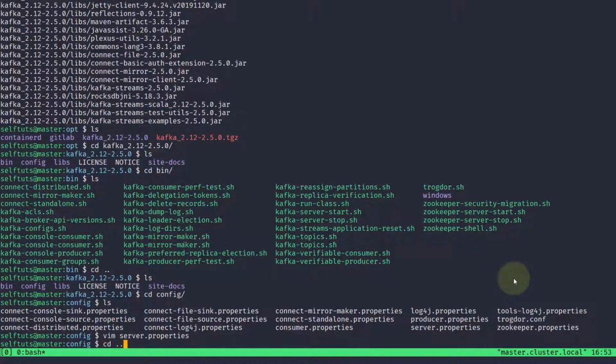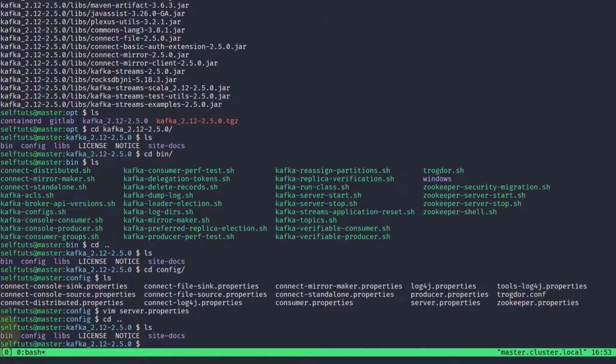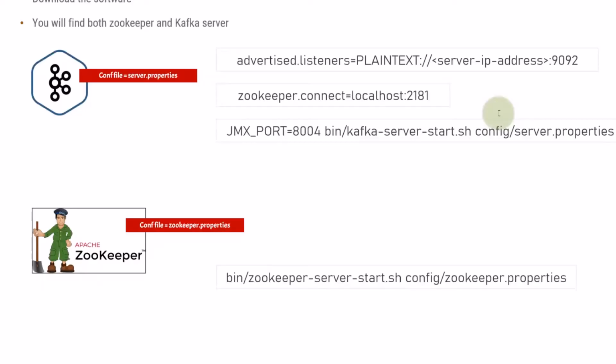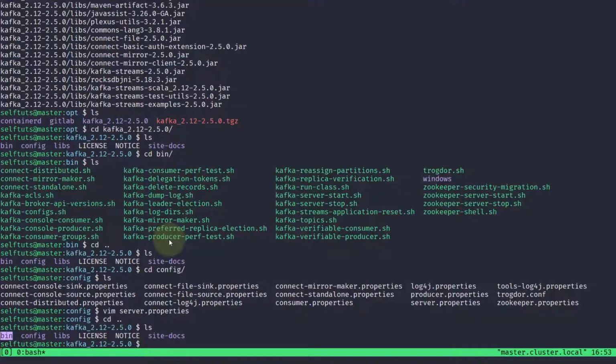Now I'll go one directory up so that I'm present here and I can see the bin folder. First we need to start Zookeeper, because once Zookeeper is started, then only Kafka can connect to it. So what is the command?